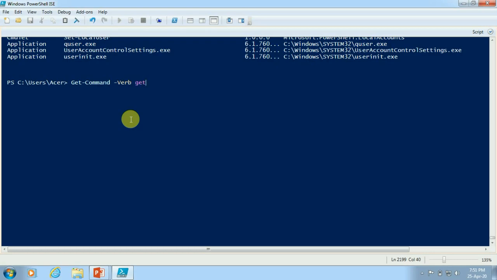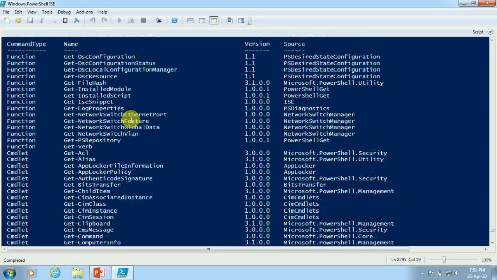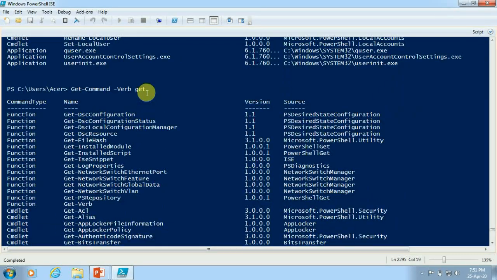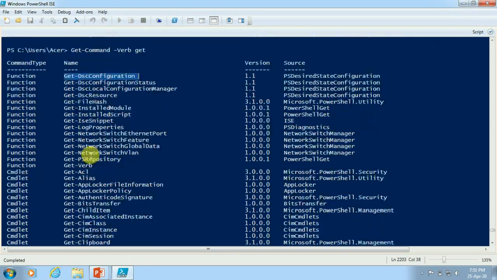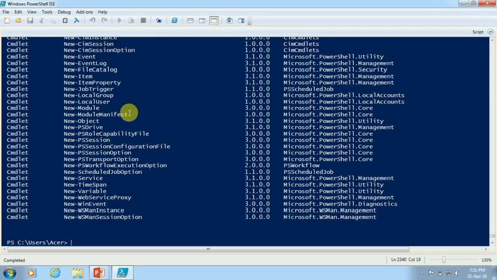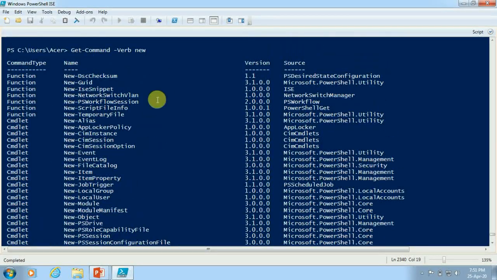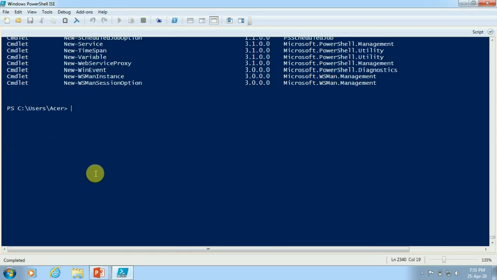So if I specify the verb as get, whichever commandlet has the get verb in its name, we got all those listed here. We can use any verb, like if I want to use new, it will list out the new ones. So likewise we can change it according to our requirement.